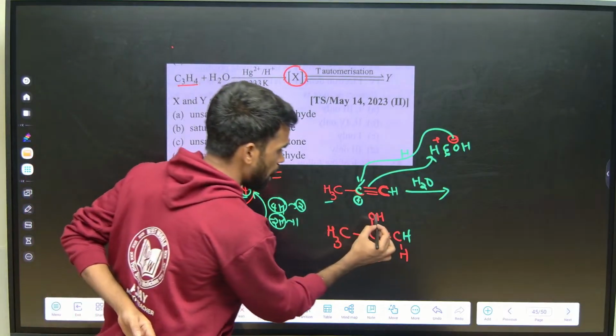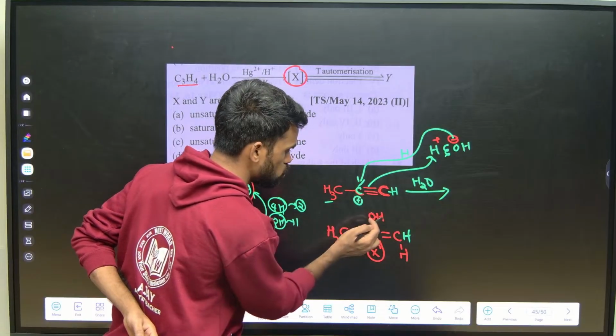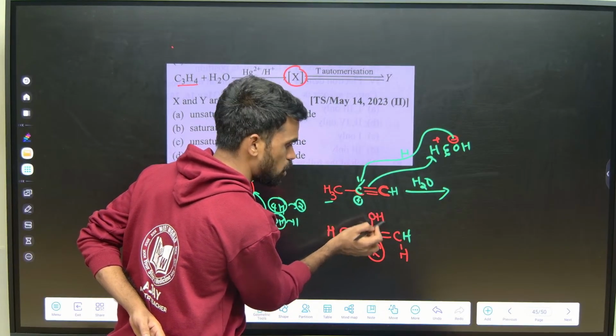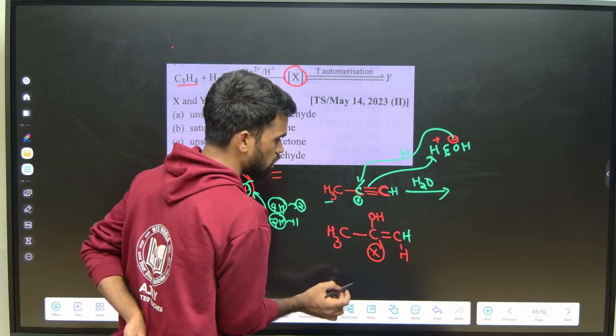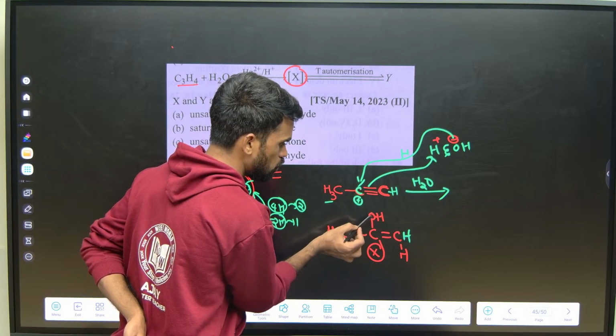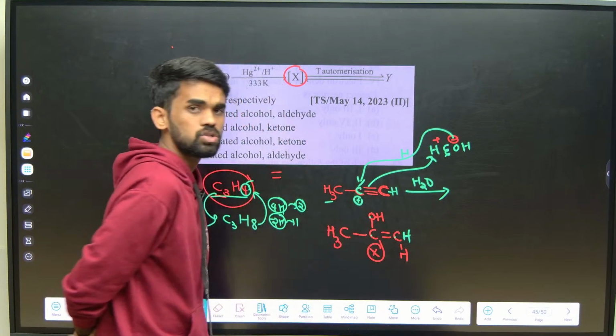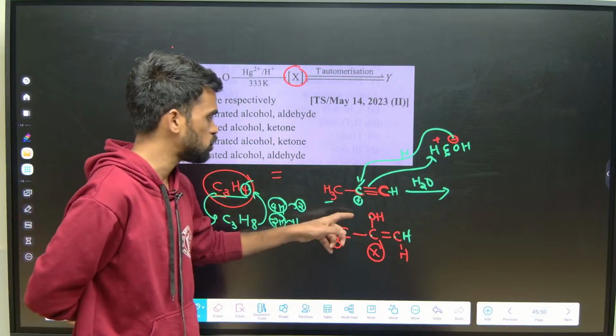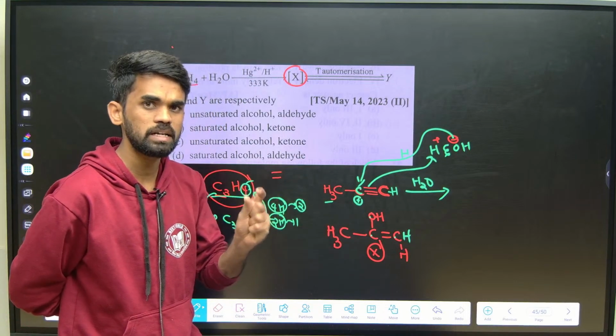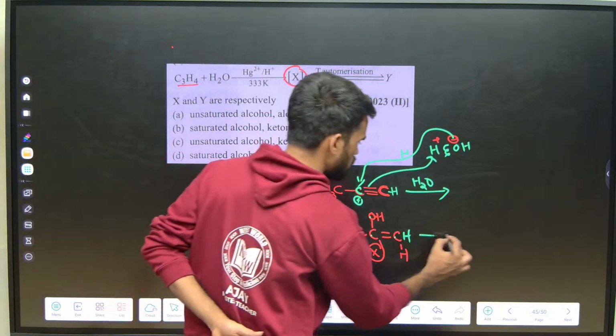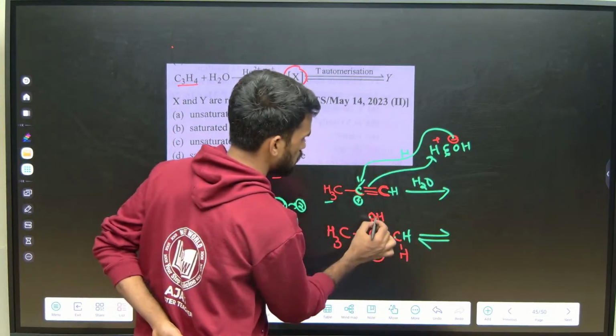So here hydrogen is there now, so this hydrogen will be transferred from this oxygen to this carbon. Just count from the carbon to hydrogen, oxygen: 1, 2, 3. So from the first position to the third position, the proton is getting transferred, okay. So you will get a product like this,